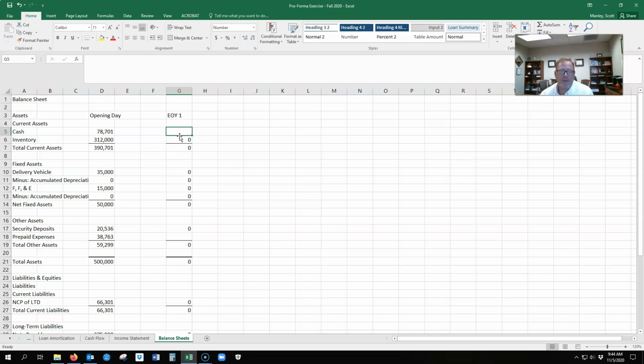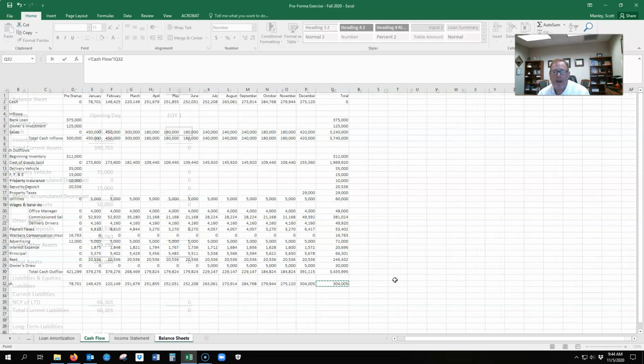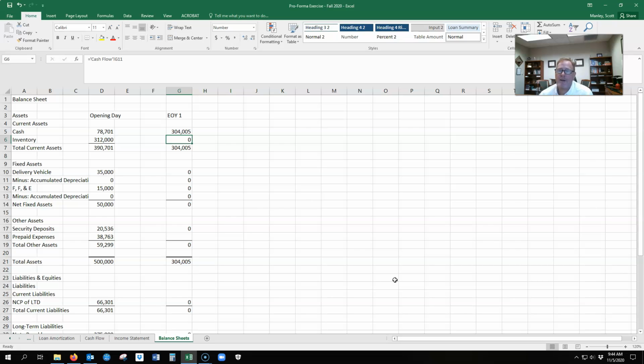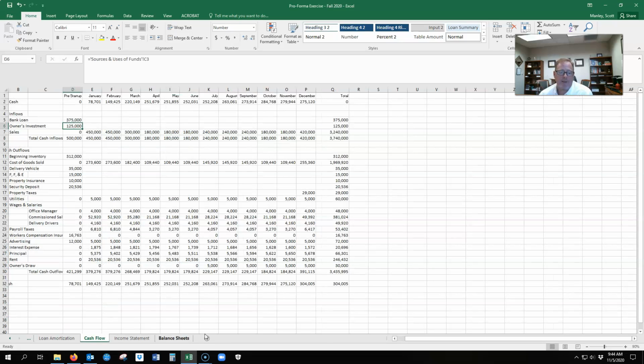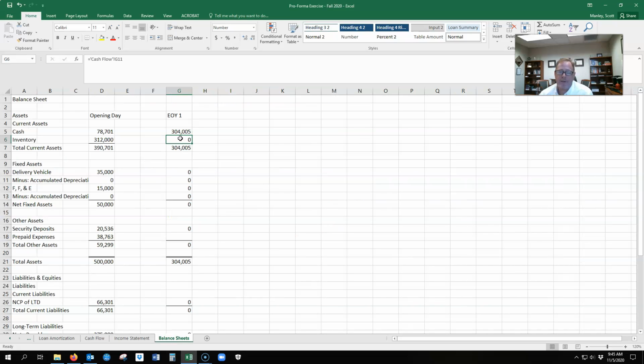So for our end of year one cash, we'll put a formula in that says go to the cash flow and pick up my end of year one cash. Okay, that's $304,005 in my case. My inventory remains unchanged, and the reason for that is my beginning inventory is $312,000. Every time that I sell something, my cost of goods sold replaces whatever I sold. Okay, so if I go back to my inventory here,